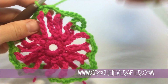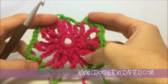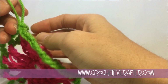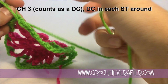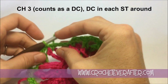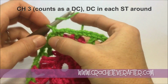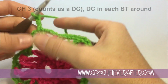So now we have our square. It doesn't look totally like a square, it just looks kind of like a mess. But once we put our double crochets in, it's going to get more of a square look to it. So we're going to start, oops, wrong end. We're going to start our next round with a chain 3. So that's going to count as a double crochet. If you know how to do a tall chain from my other videos, you can do that instead. You can look that up if you want to use that instead, but we'll just stick with a chain 3